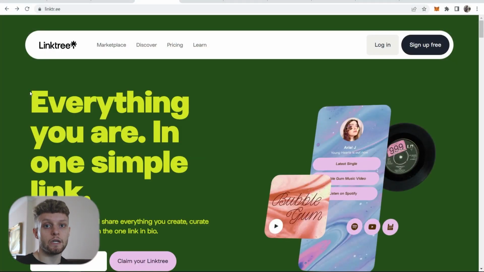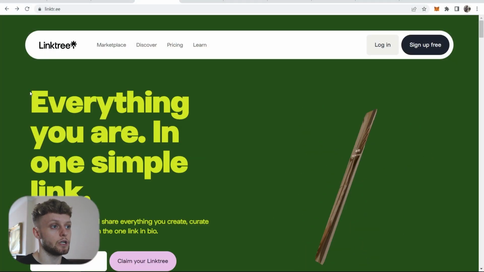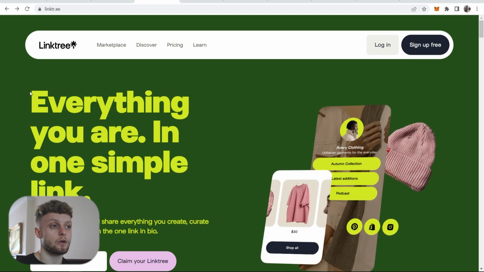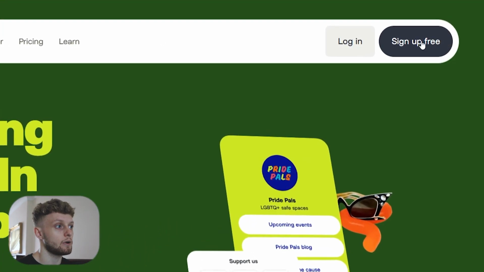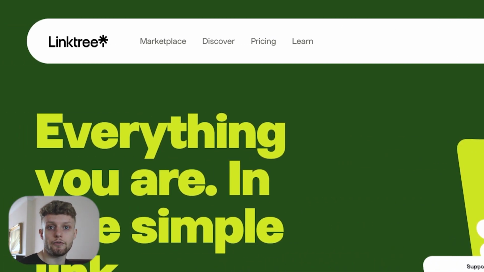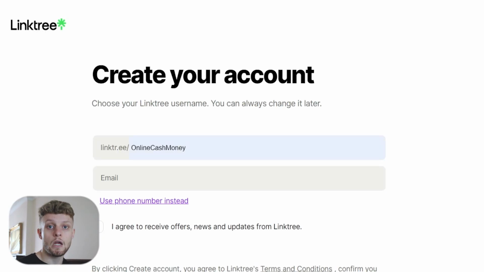Okay, so first, here's what you need to do. You need to first go to Linktree because this is a Linktree method. So go to Linktree and sign up for a free account in the top right hand corner. I'm not going to run you through how you can do that because it's very easy, but there is one thing that you need to bear in mind when you're creating your account, and that is going to be your